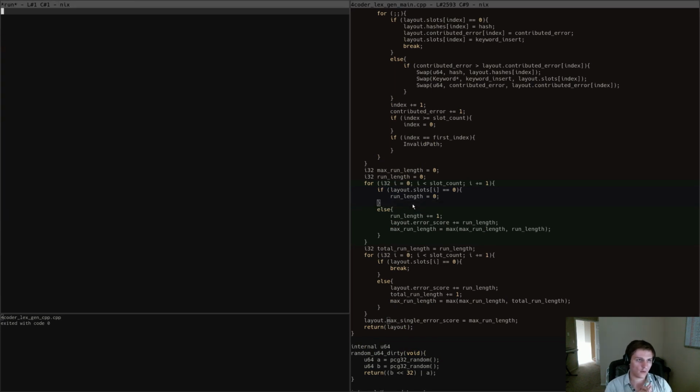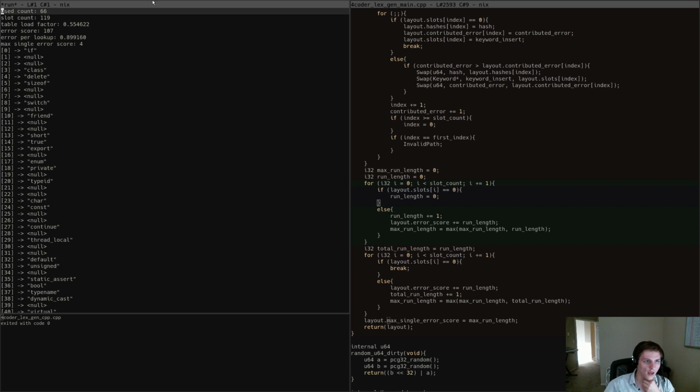Okay, so now what do we get? Do we get a number there that looks right? This is the more important question. Alright, so we're getting a 4 here and less than 1 there. We want to drive those closer to each other. We want our max single error to be low, and although we want it to be low, this is lower than it needs to be. We could go for smaller tables with higher error per lookup,